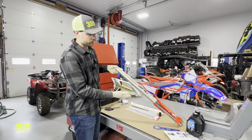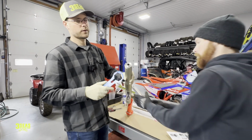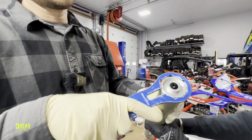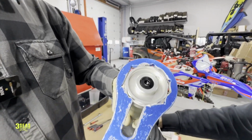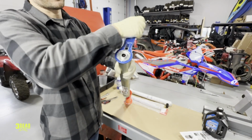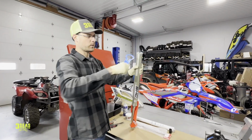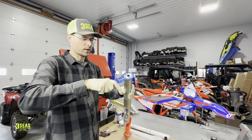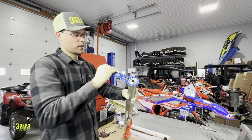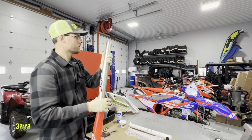Okay, got the fork off the bike, and first thing I'm going to do is take our top cap tool. Steph, can you show some of this in detail? Just going to put our wrench on there, and you can back up now just a little bit, and your hand pressure should be enough. When you're putting this back on, usually two of us are grabbing it and we just twist it. There's no torque setting. You can just get it nice and tight. So one hand is actually holding this to get it loose. And all we're going to do now is